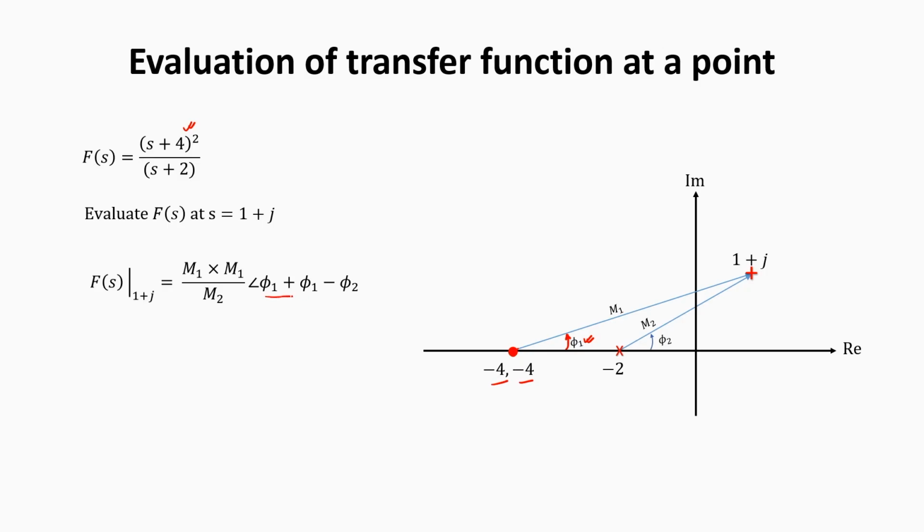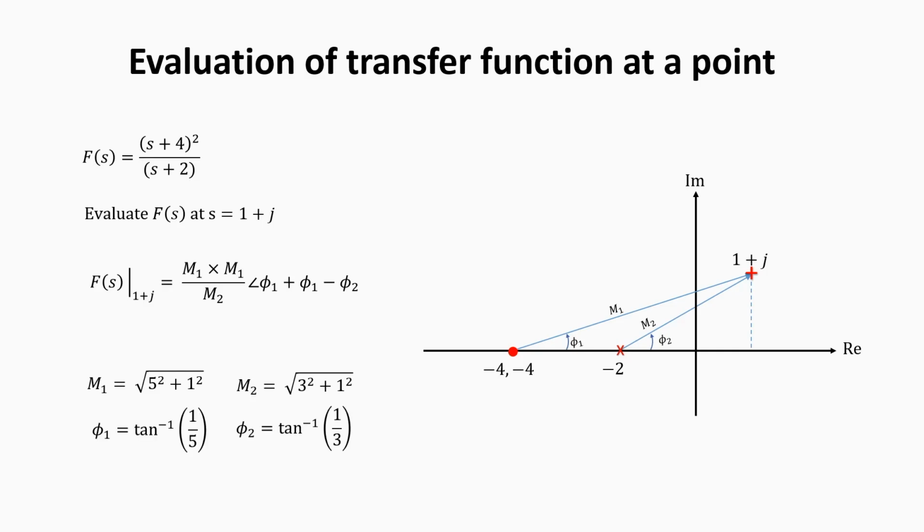So, we will have angle phi 1 plus phi 1, and since in the denominator we have the pole, this phi 2 will be subtracted now, okay. This is how you can evaluate this rational function at the point 1 plus j. You can go ahead, do the calculations, it is straightforward. Once you do the calculations, these are the values that you will get, because this is 5,